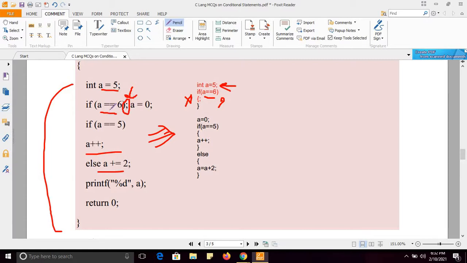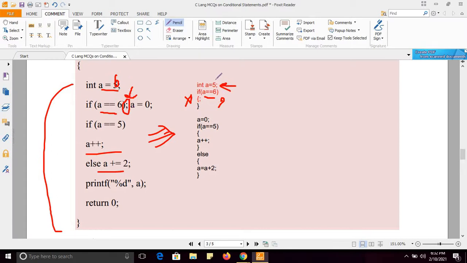So if the condition is true, it will be executed. In this case the condition is false, so the semicolon will not be executed. But suppose the value of a is 6 here and 6 equals 6, then only the semicolon will be executed and it has no effect. Fine, so simply you can leave this.